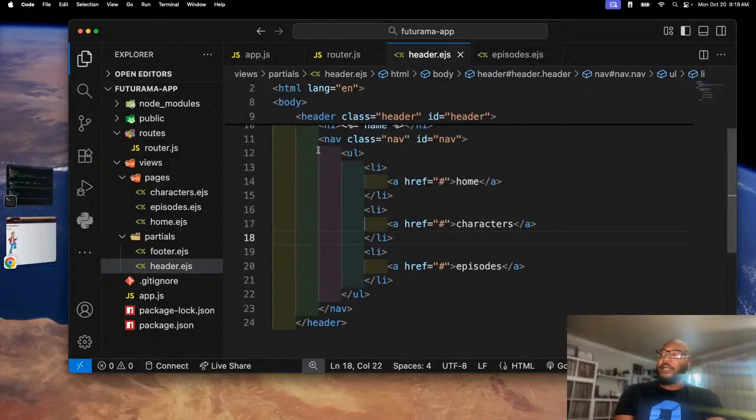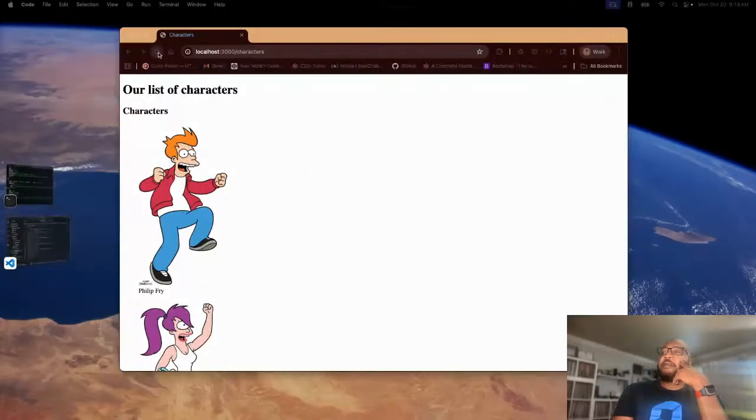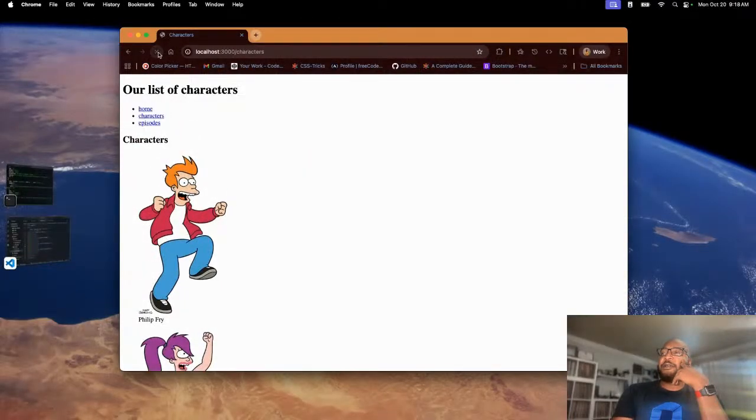So you can see here inside the nav element, we have a UL. Inside the UL, we have an LI with an anchor tag. Href is the hashtag, which is what we call a dead link. And you'll see why in just a moment. And then we have home, characters, episodes. So when I come over here, I refresh my browser, and there you can see there's my